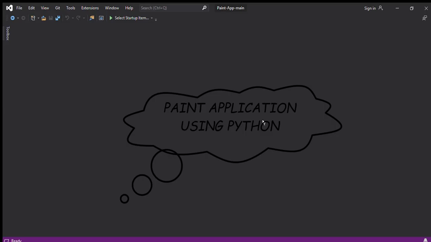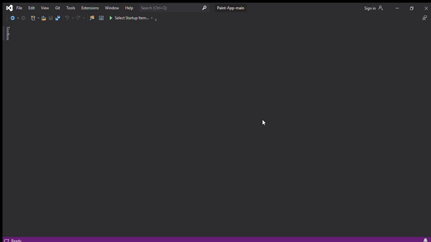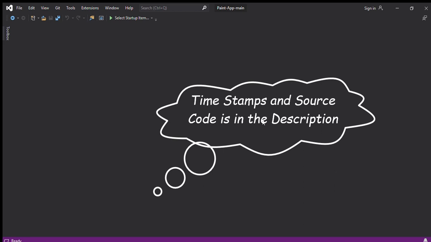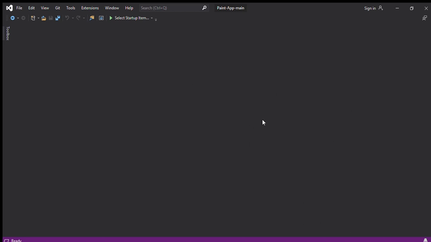I am Tanay from Junior Programmer, and today what I am bringing you is the Paint application. The Paint application I will make in Python, and this is a very simple implementation of this. Here in the links I have made intervals, and also I will provide the source code from which you can make the same exact app yourselves. So without wasting any more time, let's move on to the code.